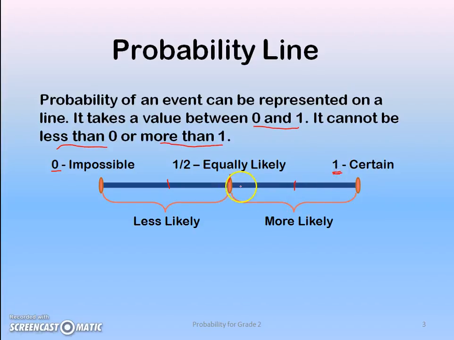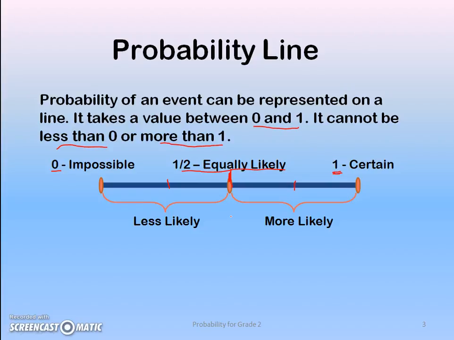In between, you can have different values between 0 and 1, but right in the center, I have equally likely events which have a probability of half. That means something which is equally likely to happen or not to happen. So if I toss a coin and I ask you what is the probability that you get a heads, you're going to say there's a 50-50 chance. I might get a head, I might get a tail. There are two things and one of them is going to happen. So that is something which is equally likely. Getting a heads on a toss of a coin is an equally likely event because it has a probability of